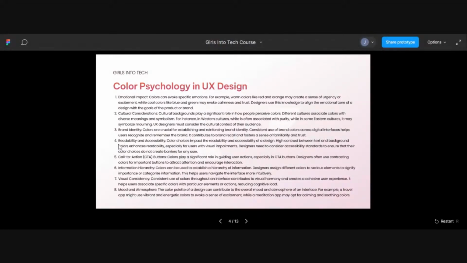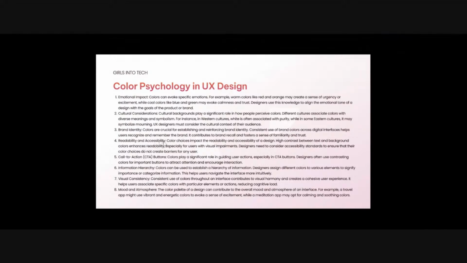So readability and accessibility. Color choices impact the readability and accessibility of a design, right? High contrast between text and background colors enhances readability, especially for users with visual impairments. So these are also things you have to take into consideration. You also have the call to action using